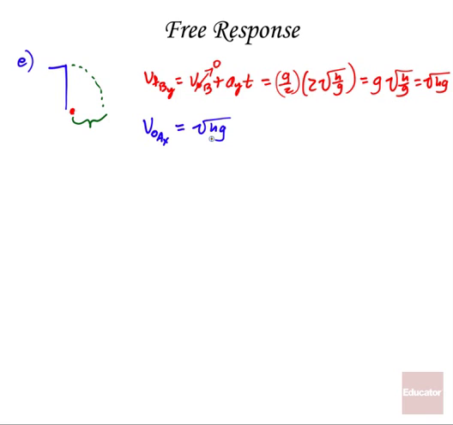So now we've got to find the time that A is in the air. Well, to do that, let's go with delta y for A. Its vertical displacement is going to be V initial A in the y direction, which is going to be 0, times t, plus 1/2 a_y times the time for A squared. Its initial velocity vertically was 0. So then, as we solve for t, time for A is going to be 2